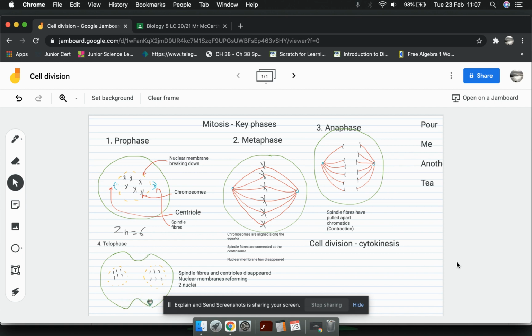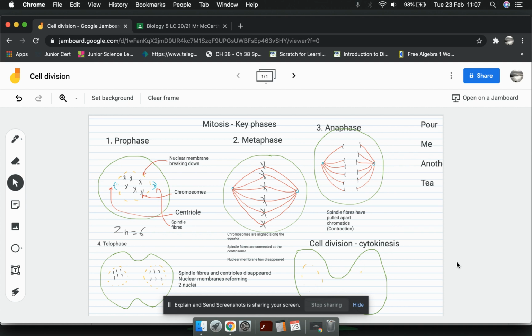So what is happening here is cytokinesis, where the cleavage furrow forms and the cells are splitting apart. The cleavage will deepen and eventually it'll split fully apart, and what you'll end up with then is